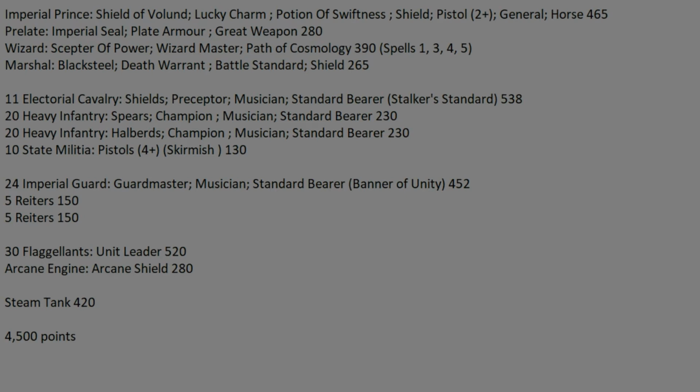And then I've got my Marshal. This is like my classic Marshal build right now. He's got the Black Steel, which gives him a 1-up basically on foot and fear. And then he's got the Death Warrant too, which gives him Fury, and then if he hits, his unit gets Fury too. So I've got 11 Electoral Cavalry for my Prince to go in,